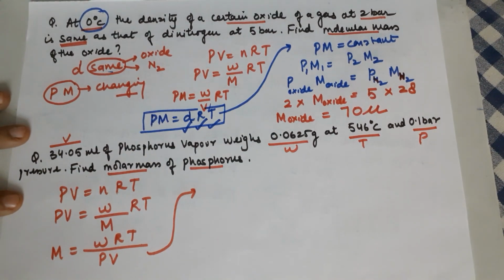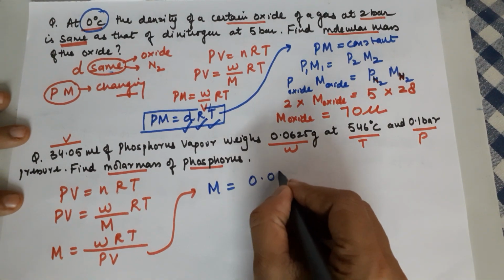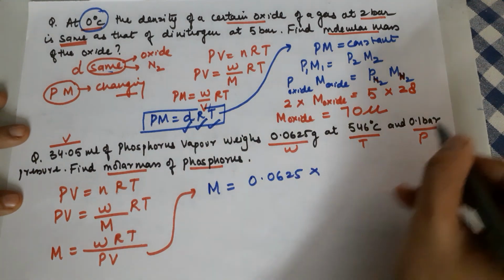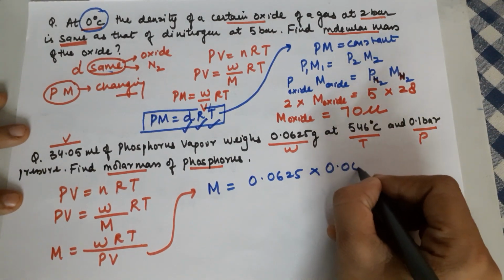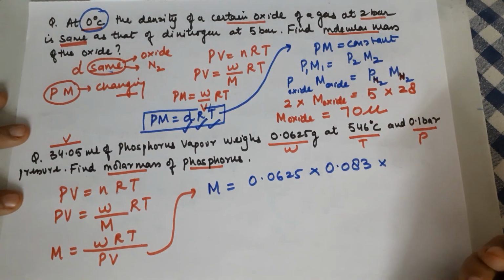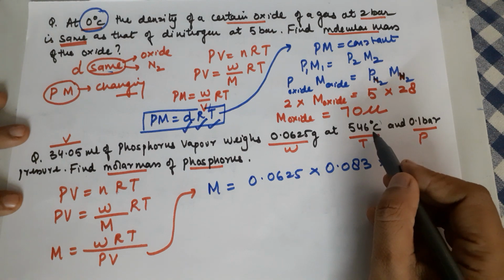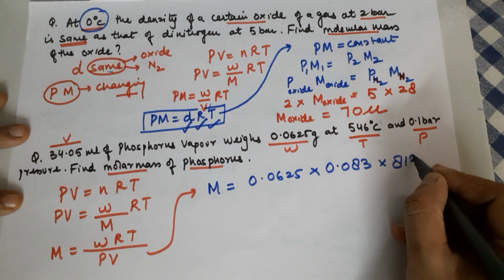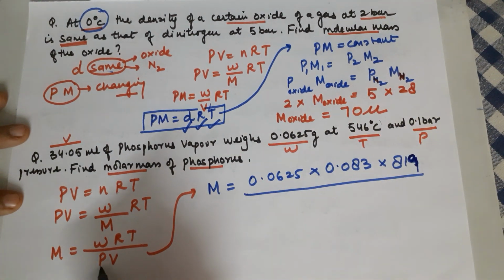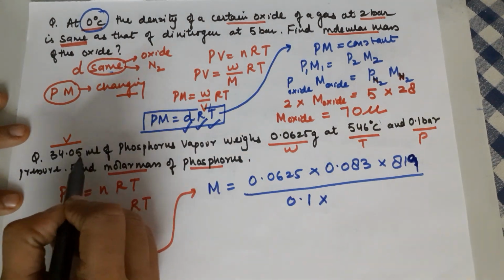Let's substitute these values. So your molar mass can be calculated by, what is the weight given? 0.0625 into, what is the R value to be taken? The R value will depend on the pressure. So 0.083 because it is given in bar. What else? You require the temperature. The temperature is this high, but it is in degrees C. Please add 273 to it, and on adding you will get 819. So you have 819 here divided by pressure and volume. The pressure is 0.1. What is the volume? Please, the volume given is